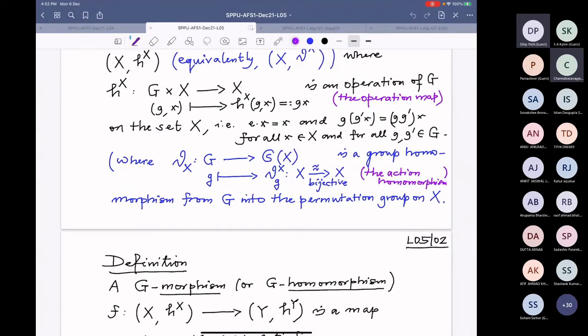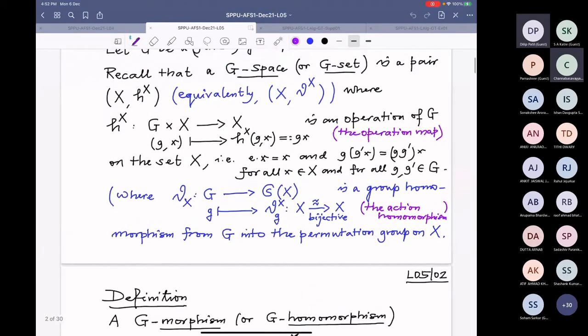All right. So that is a group homomorphism. Theta X is a group homomorphism from G to S(X). So, as we have seen in the first lecture, giving H is equivalent to giving theta X, and giving theta X is equivalent to giving H with the properties, of course. Here I have to write the properties for H. Once I say it's a group homomorphism, then I don't have to write them, that is built in. All right, so that is a G space.